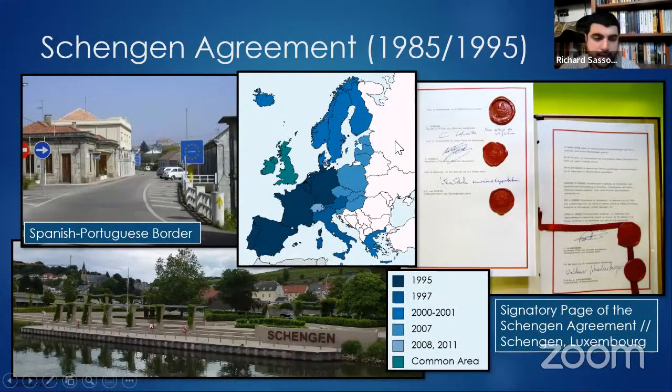So one of these deepening relationships is the Schengen Agreement, which is signed in 1985, followed by the Schengen Convention of 1990, which is actually the more binding one. But it only comes into effect in 1995. And the Schengen Agreement deals with a number of different things. It was signed on a boat as it was passing the city of Schengen, so that's how it got its name. But the Schengen Agreement is about security and foreign policy of the European Union. At this time, of course, it was the European communities. And the security that we're talking about is borders, customs, police conversations between countries, uniform legal administration, extradition, all of these kinds of enforcement maneuvers within the European communities, and enforcement maneuvers when it came to external parties to the